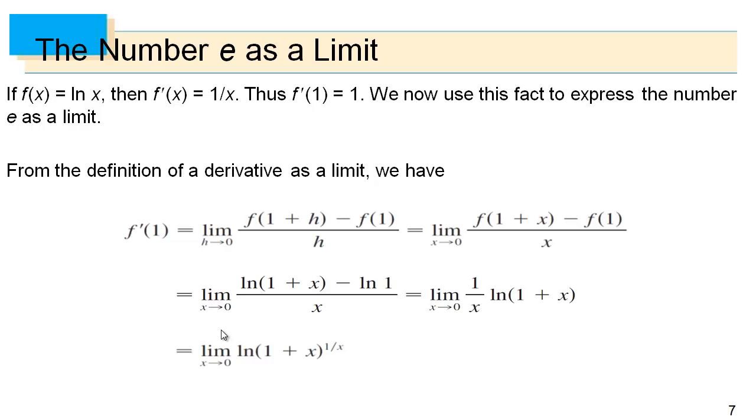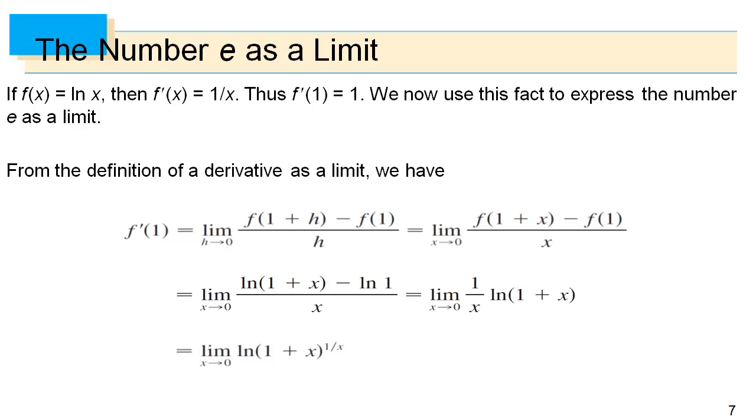So from the definition of a derivative written as a limit, we know that the derivative of the function at 1 is equal to the limit as h approaches 0 of the function evaluated at 1 plus h minus the function evaluated at 1, all over h, which is the same thing as saying take the limit as x approaches 0 of 1 plus x. All we did was swap out x's for h. Okay, in the next step, all we're doing is we're actually applying this to